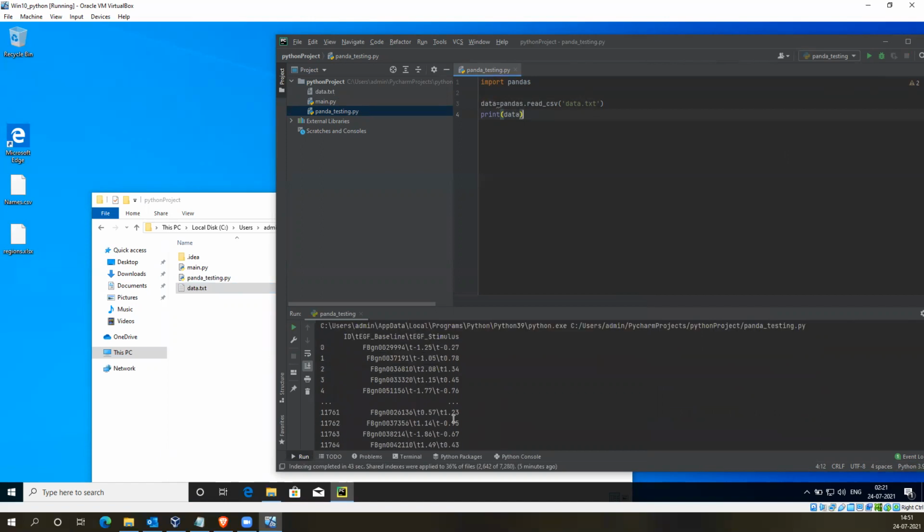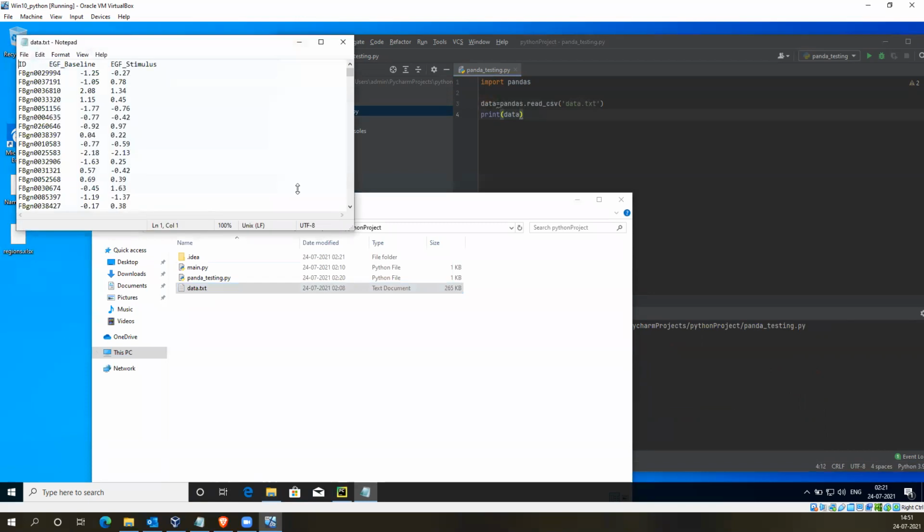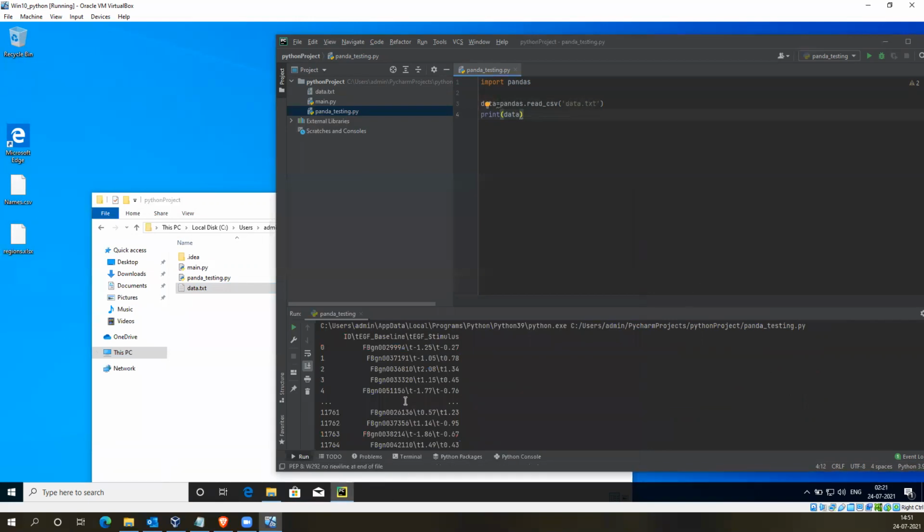You see, in pandas, when you are using a huge file, it shows the starting and the ending content, and in the middle it just replaces the rows with dots.